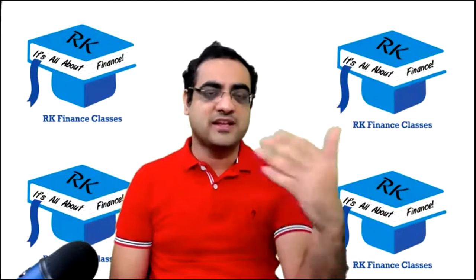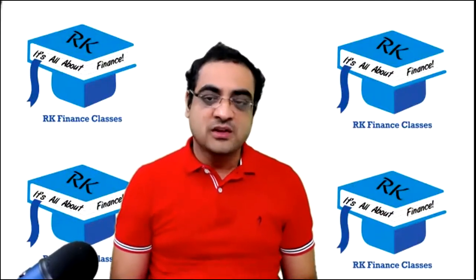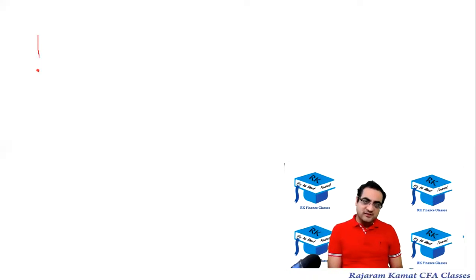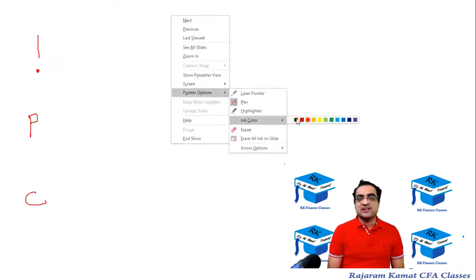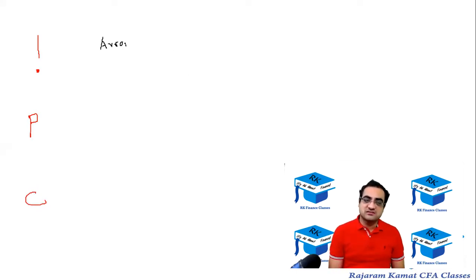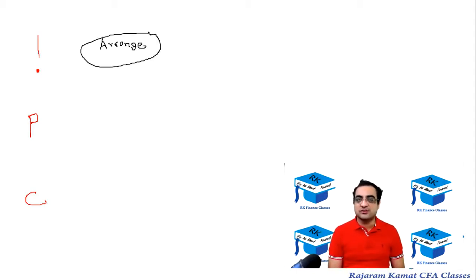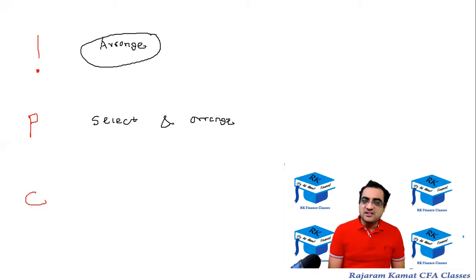In the last 10 minutes, I'm going to introduce the concept and then we're going to revise it in tomorrow's lecture. You should know when to use factorial, when to use permutation and when to use combination. The factorial is to be used when you have to simply arrange the things. There's no selection, there's simply arrangement. Permutation is to be used when you have to select the team, that is, you have to select some members and then arrange them. And combination is to be used when you only have to select, you don't have to arrange. So you have to know this thoroughly.